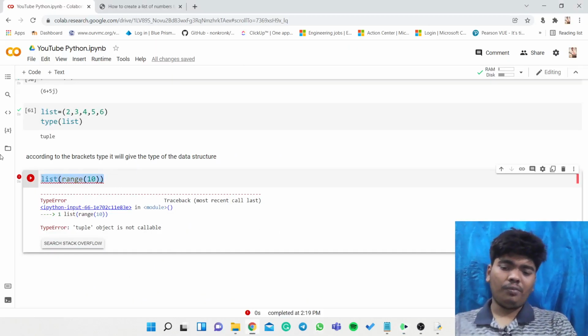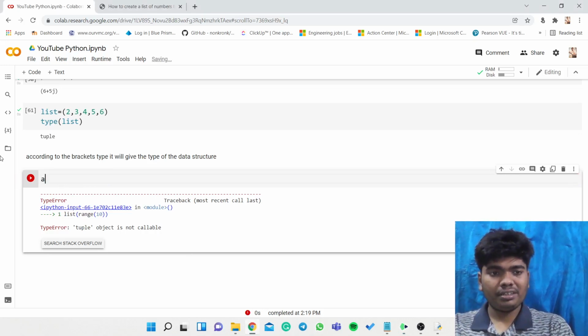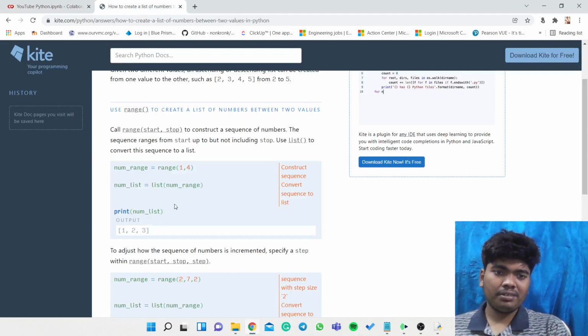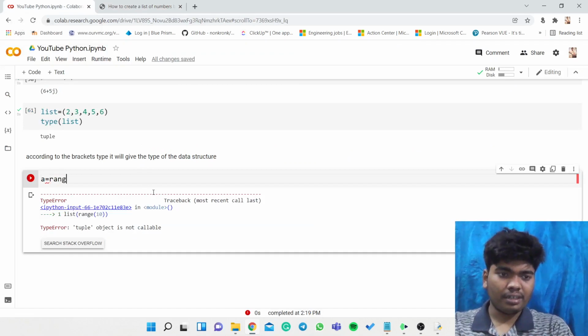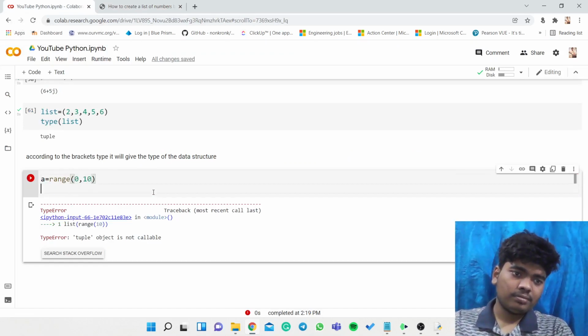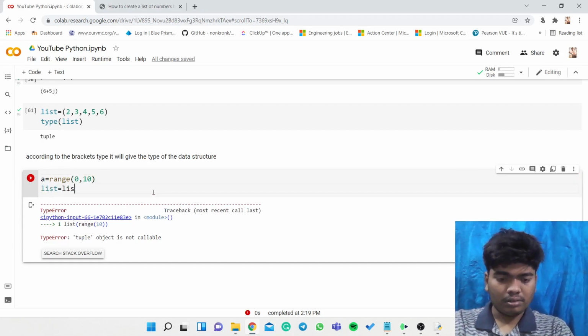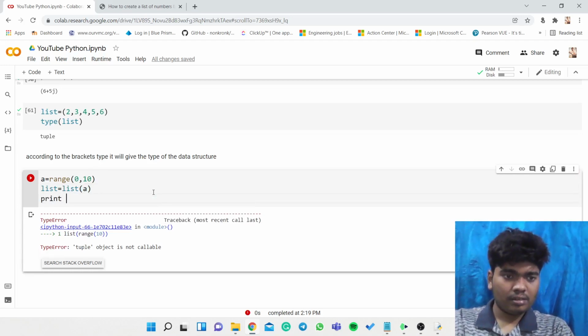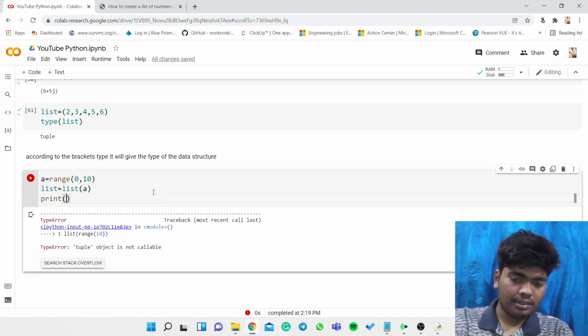So we need to mention it in some particular variable. I'll mention it here: a is range of 0 comma 10, and then list is equal to list of a, print list.